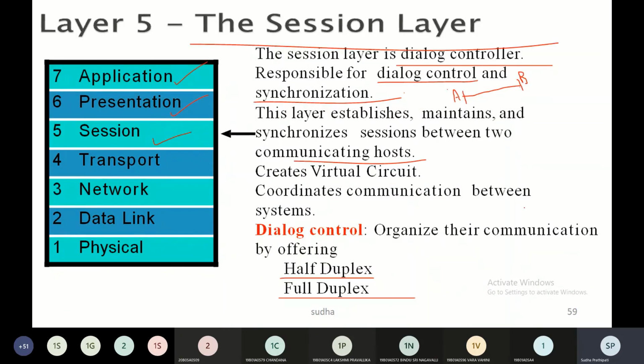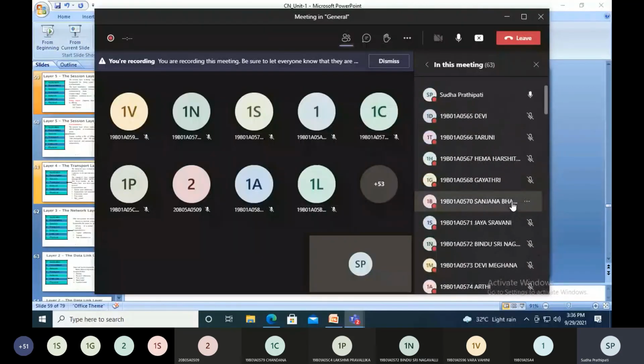So what are the responsibilities of the session layer? The responsibilities of the session layer are dialogue control and synchronization, adding checkpoints and synchronization points to the message that was received from the presentation layer. So that is regarding the session layer. In tomorrow's class, I'll continue with the rest of the layers. The application, presentation and session layers are over. So please go through the entire concept again and re-establish your understanding.